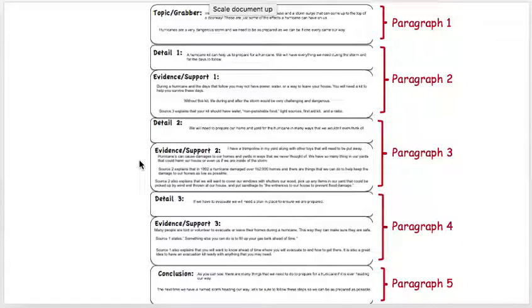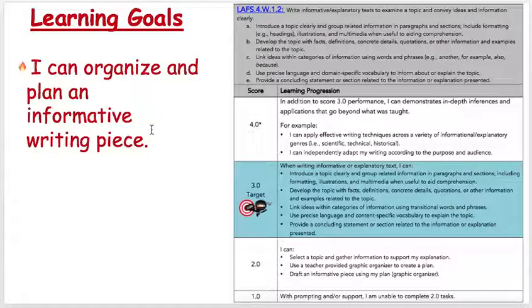So if you can remember what goes in each part of this organizer, and you'll have that checklist in your lessons to help guide you, print it off. Put it next to you when you're planning, and that will really help you to plan for your informative writing. All right, guys. So remember, today we talked about how to organize and plan for an informative writing piece. Think about where you are on the scale. If you need help with any of this, reach out to me. But if not, go ahead and make sure that you have a nice, complete, organized, informative writing plan, and then